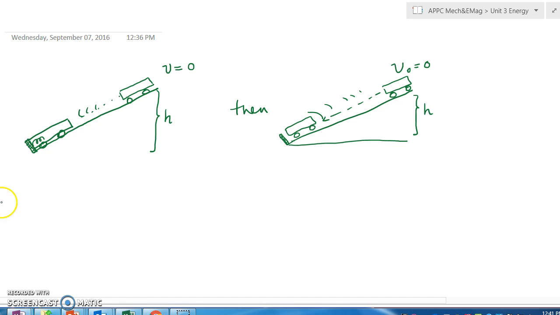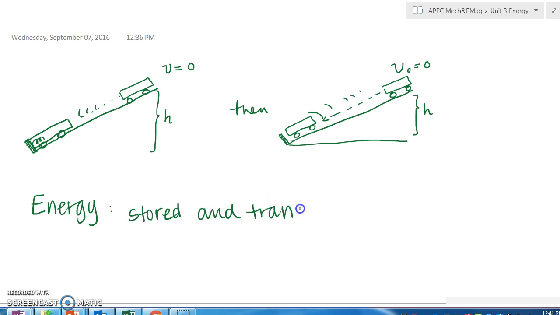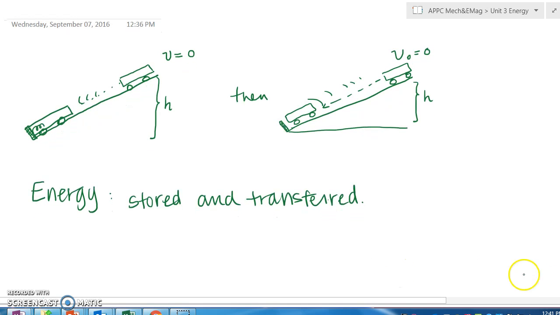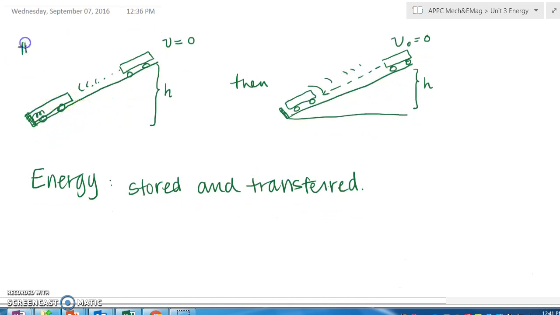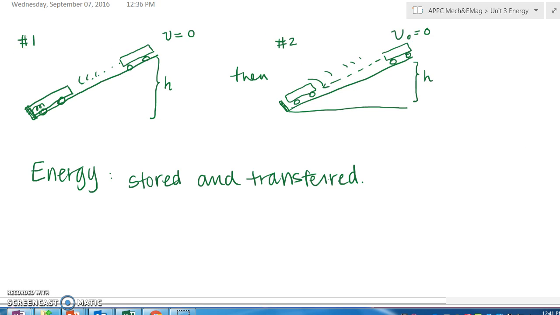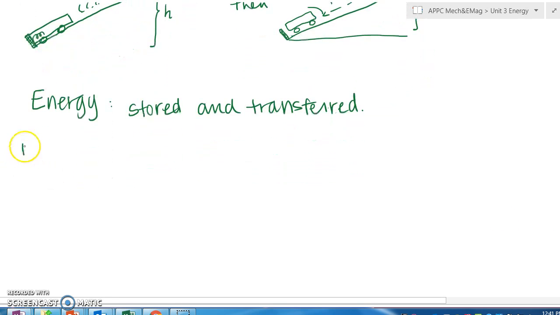Okay, so the main thing is, I don't want you to just think about the word potential all the time, and we will use it, but I want you to think of energy as being something that can be stored and transferred. Okay, so in the beginning, let's call this snapshot 1, and then we'll call this snapshot 2, or situation 1 and situation 2. Okay, so in the first situation,